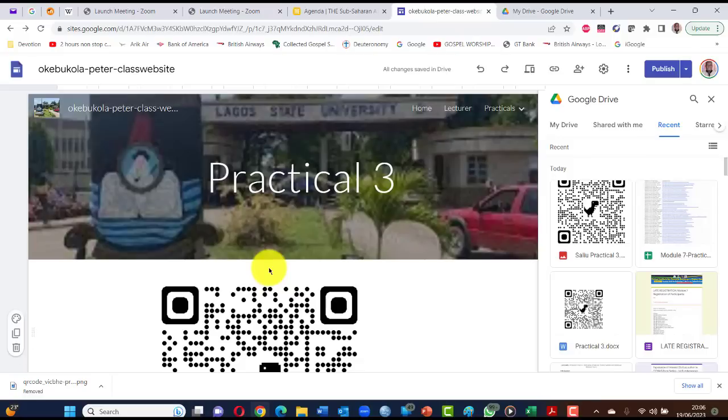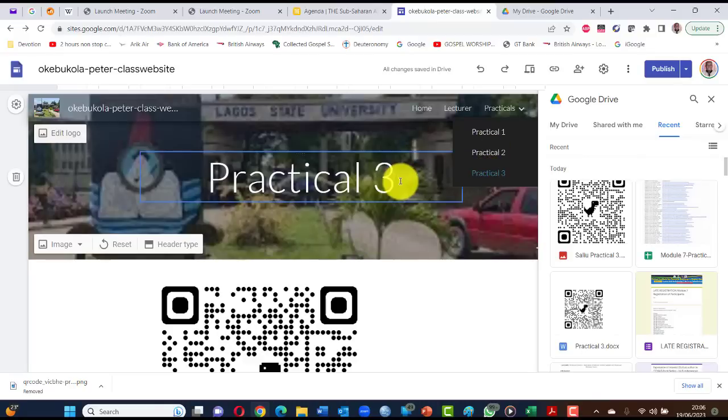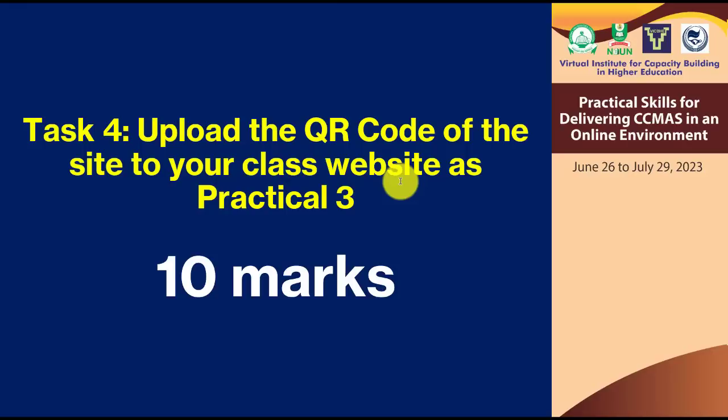So when it is being marked, they will come to Practical 3. They click on Practical 3 and they find this QR code and they will scan it and go to your site, your class virtual learning environment. Oh, this is wonderful. So we have accomplished the upload. We uploaded the QR code of the site to your class website as Practical 3, 10 marks in our pocket,